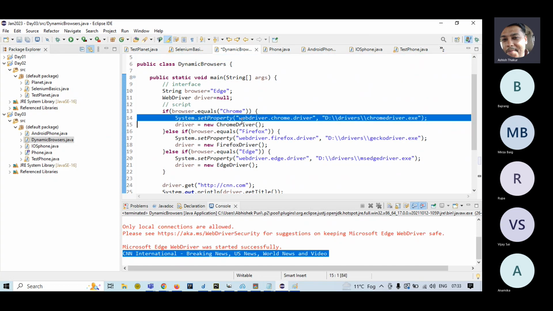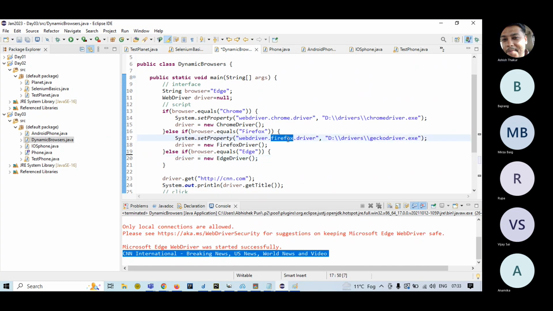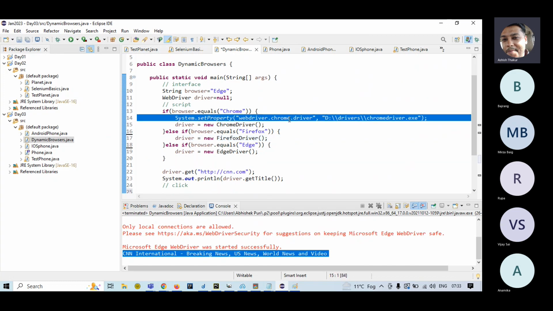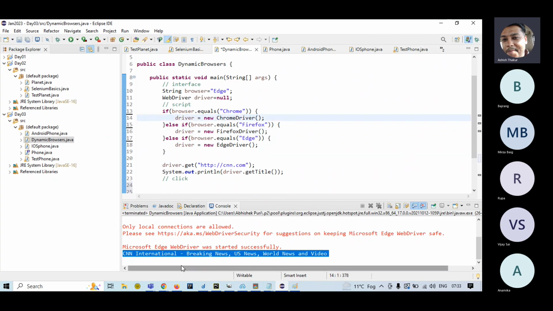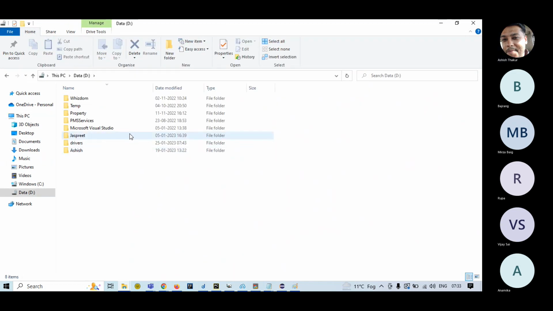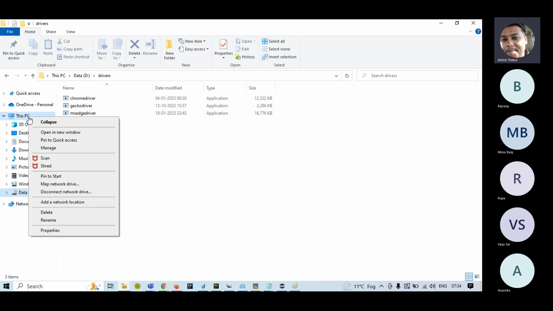Now, one thing, guys, I'm writing System.setProperty for these exes again and again. You don't need to write this. Okay, you can add the exes in your system variable, in your PC. Basically put the exes in a particular folder. Okay, copy the path of the folder,